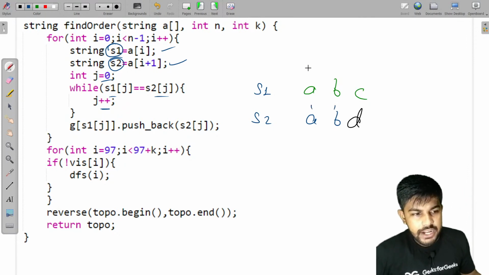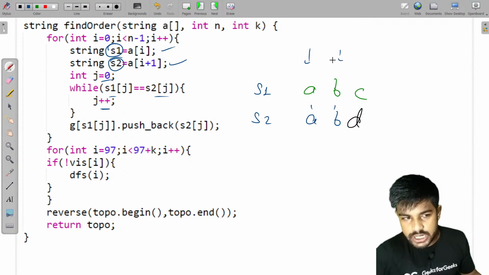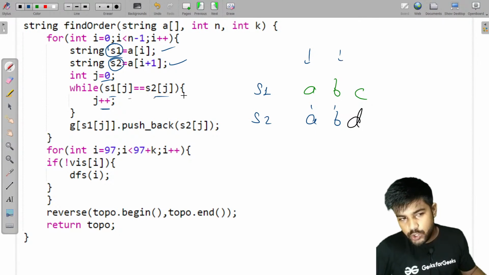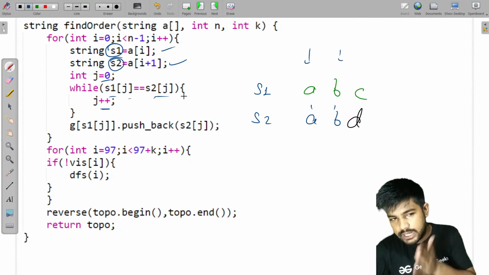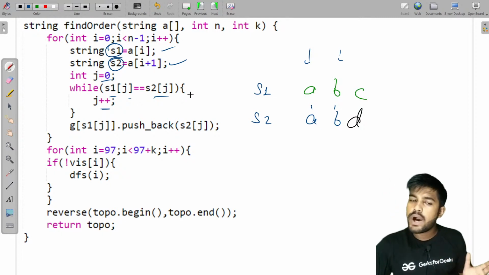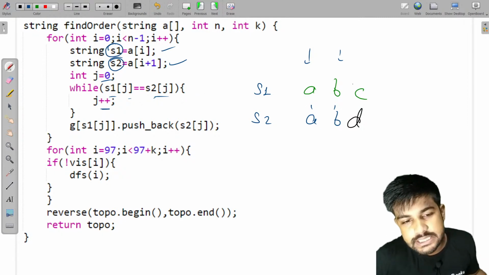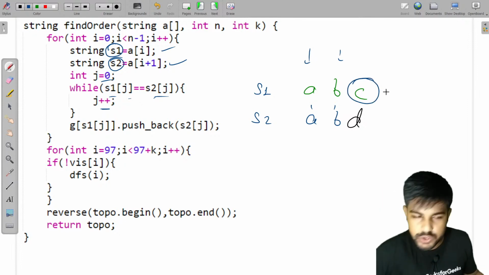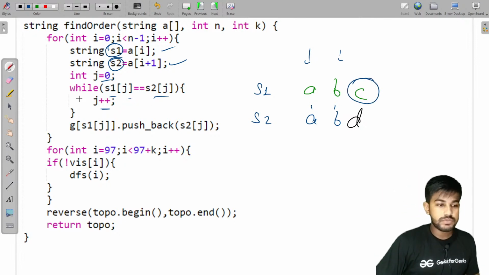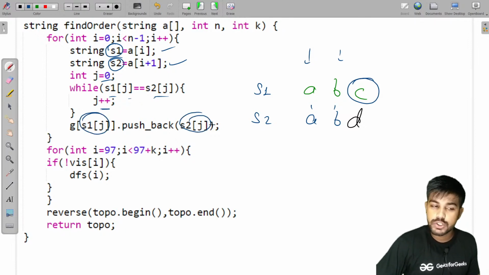So at first J was 0, so J was pointing at this position. Then J was 1, pointing at this position, and this is same. And this while loop would work till we got a letter which is a mismatch. Why is it a mismatch and we know that this is not different? Because we know that C would come before D. Good to go. So now C would come before D, so we have pushed back C with D. Good to go. So now again